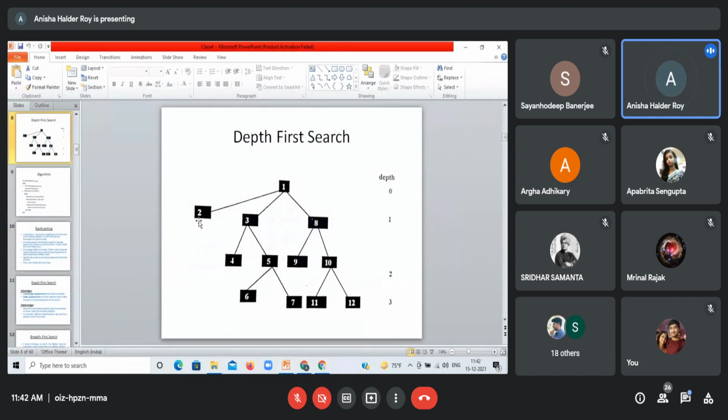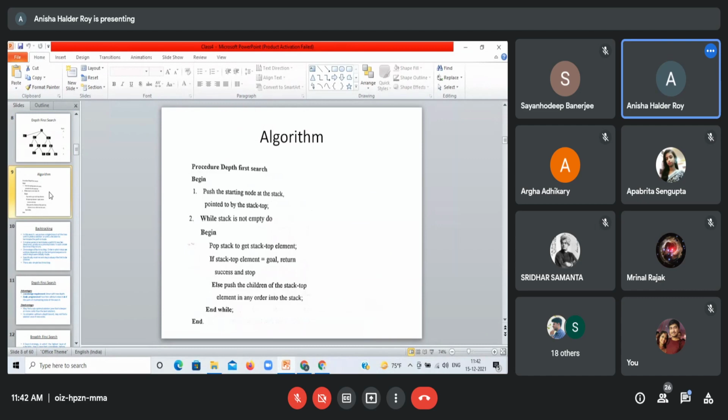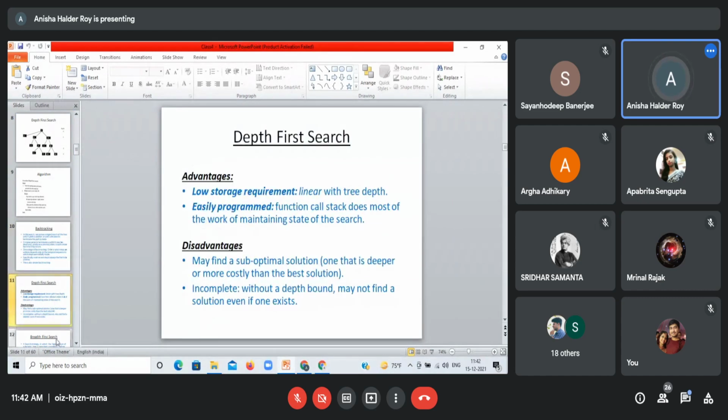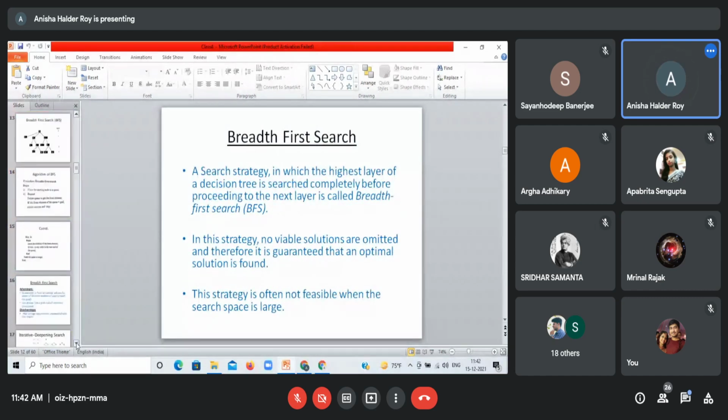ওকে, সো depth first search, next is breadth first search, এগুলো আমাদের হয়ে গেছে। অ্যান্ড iterative deepening.